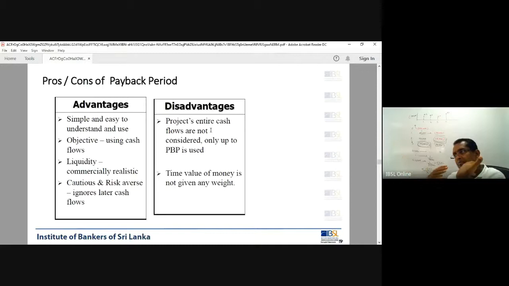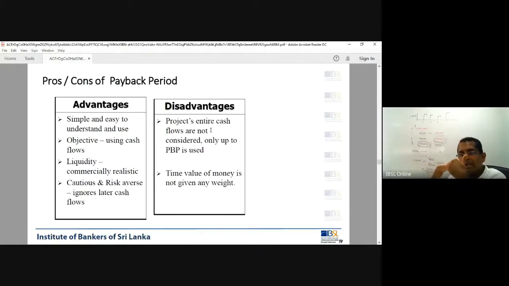At the latter stage, you generate lot of money. But when you have two projects, where in the first few years you generate higher money in one project and in the last years lower money, but in total the other project generates a lot of money,